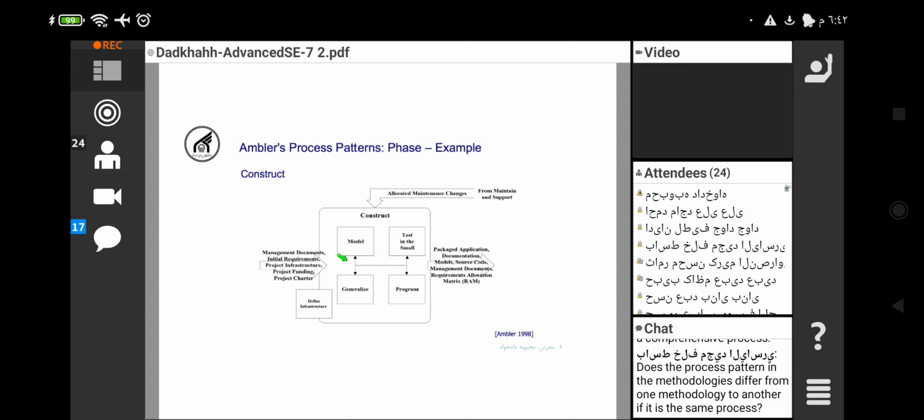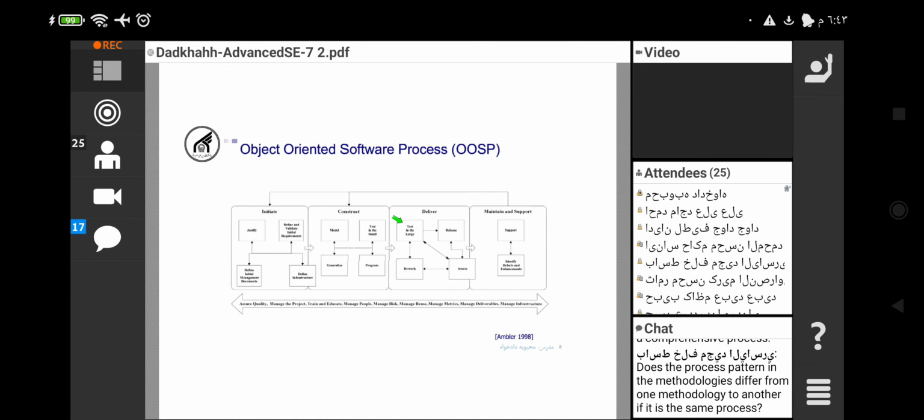So the phase pattern can show us the interactions between different stage patterns. Here we have the program, generalize, model, and test in the small. And at last, we have the object-oriented software process, OOSP,